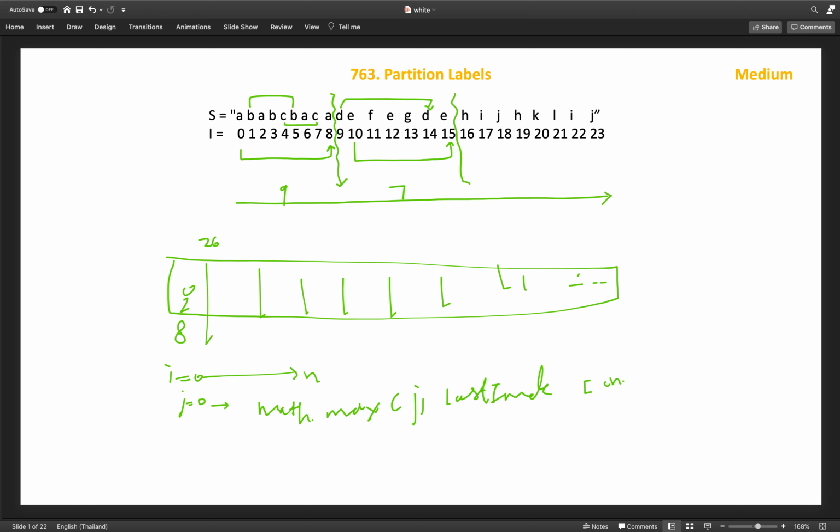We get the last index array entry for the character at the ith index, converted to an integer index by subtracting the character A. We take the maximum among the current j and that index, and then we check if i is equal to j, which means we found one partition.